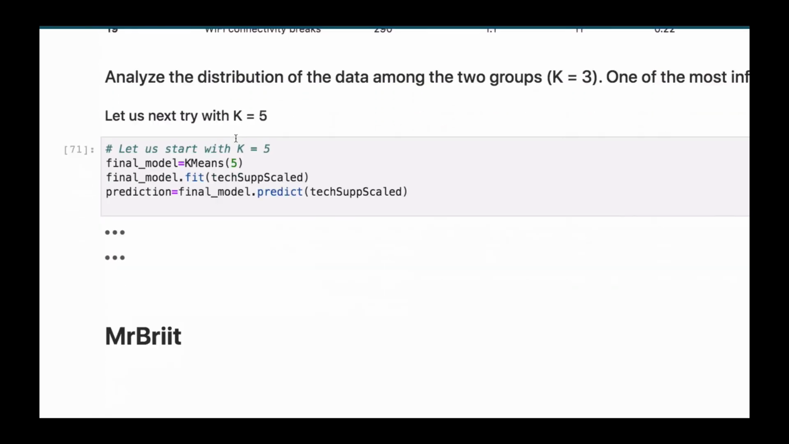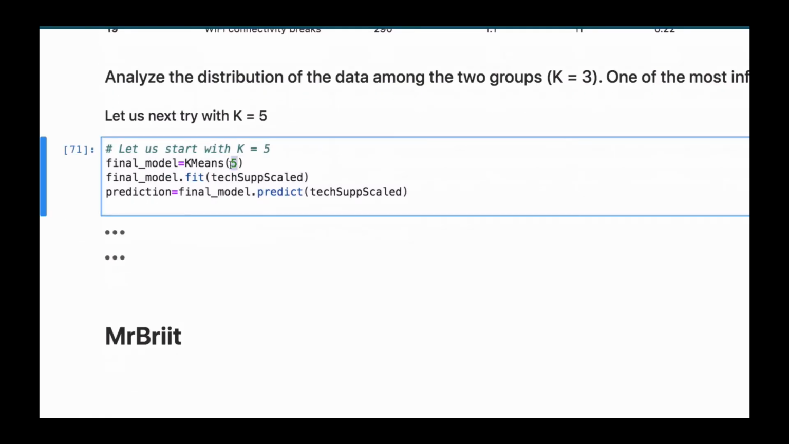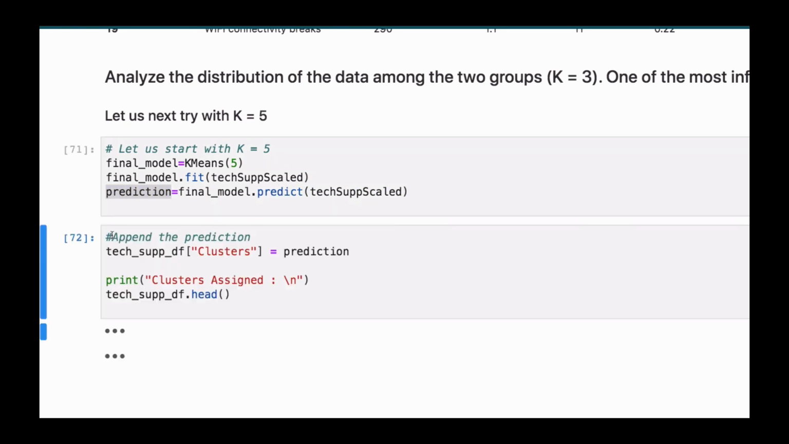Okay, that's the only thing that we're going to change. That's the 3 to be 5. So the same thing, fitting our model, making predictions, and storing all the predictions in a variable called predictions. Then after that, as you can see over here,